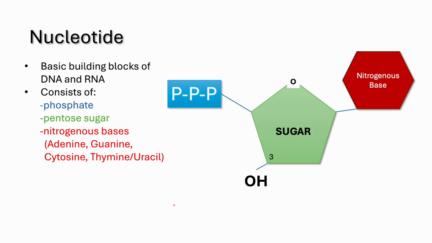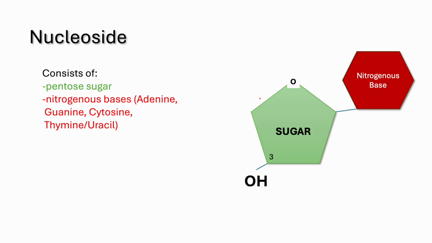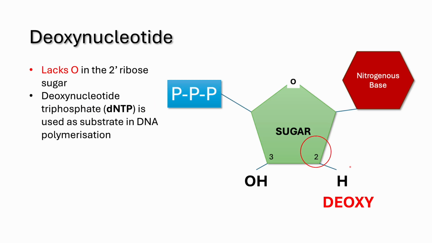Nucleotide is the basic building blocks of DNA and RNA. Each nucleotide consists of a phosphate group, a pentose sugar, and nitrogenous bases, whether it's adenine, guanine, cytosine, or thymine for DNA or uracil for RNA. Without the phosphate, it is called nucleoside. Now, when the nucleotide lacks the hydroxyl group at the 2 position of the ribose sugar, it is called